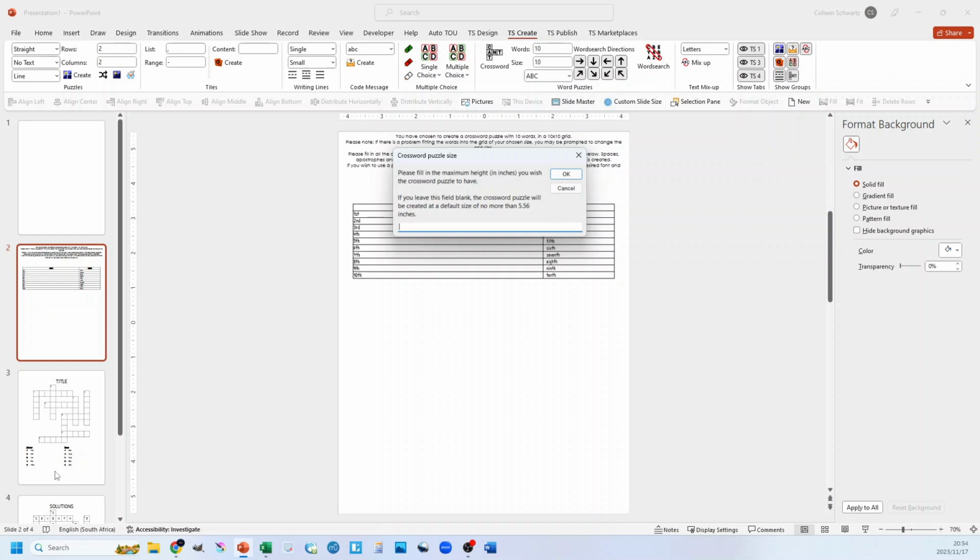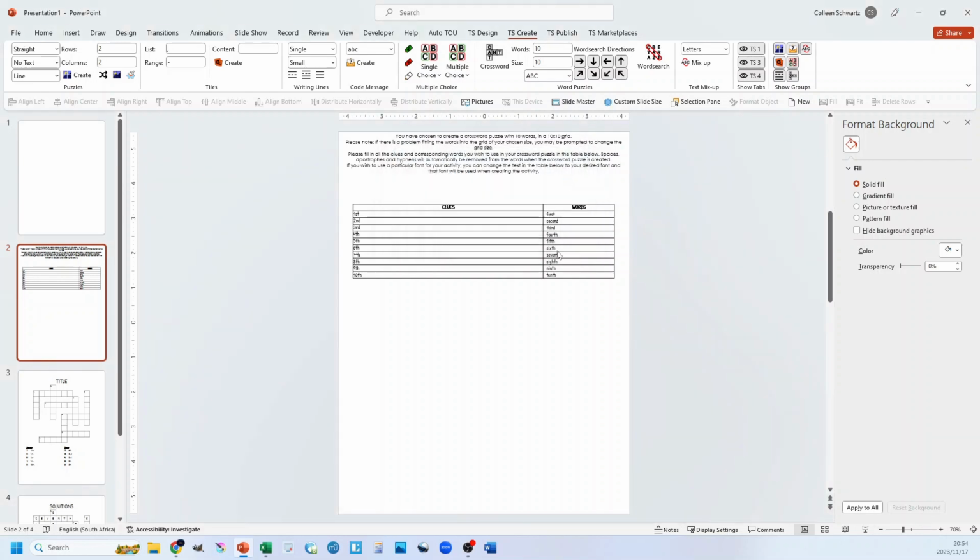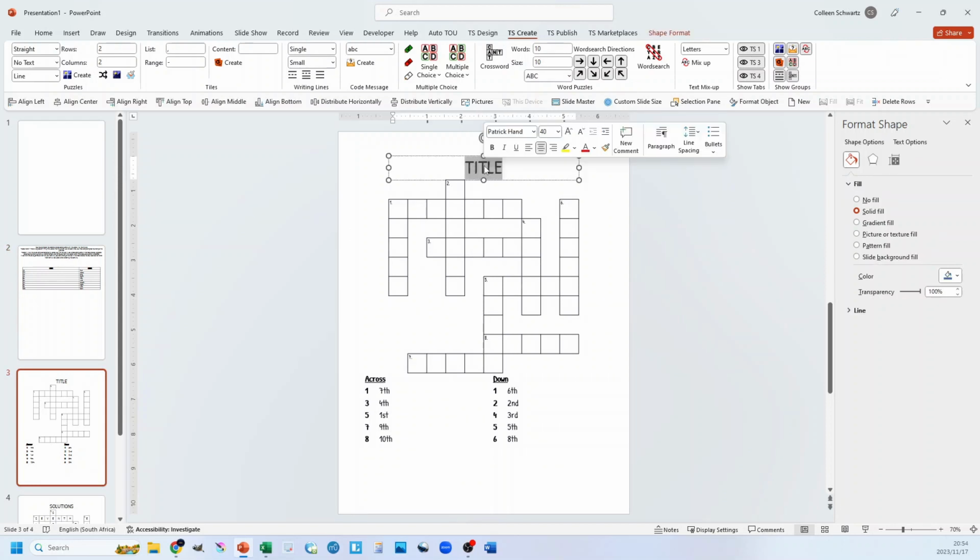But if it wasn't fitting nicely, I could change this to a slightly smaller size for the puzzle so that I have enough space for my clues as well. But I'm just going to leave it as it is. So I'm going to click on OK. And now it's going to take me to the next slide, which has my puzzle on it. And I can fill in my title over here. So I'm going to make that